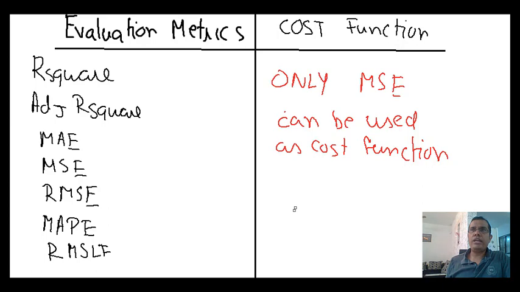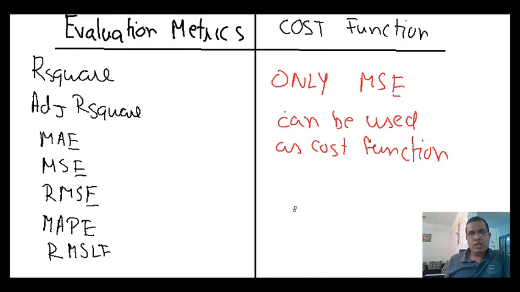Why do we take only square, and can any other function like root mean square error or MAPE or R square or adjusted R square also be used as your cost function? So this knowledge video is basically a theoretical video and there's no coding involved. So sit back, relax and enjoy the video, because we are going to discuss a very interesting concept which most of the people are not aware of. In the interest of saving time, I've already created a few slides and let's try to interpret them.